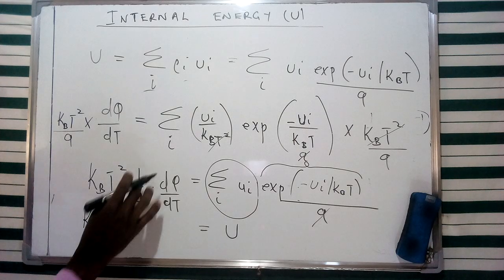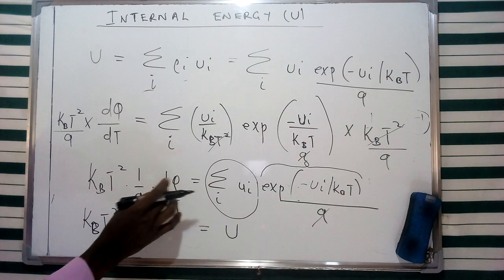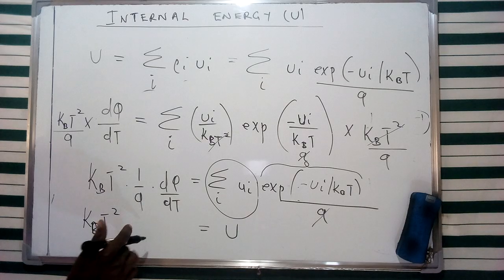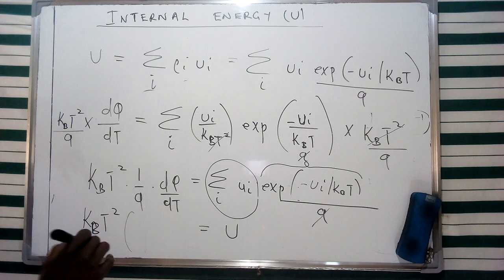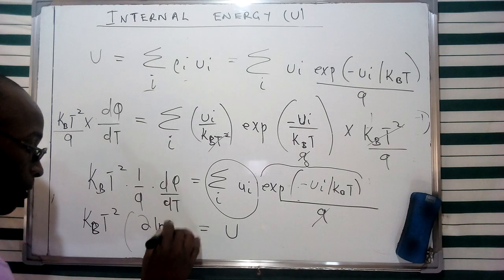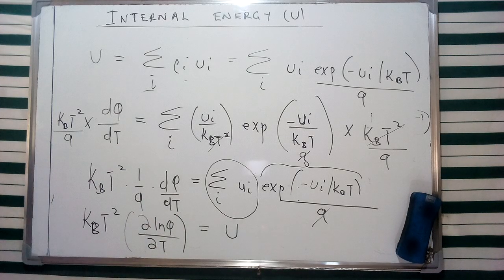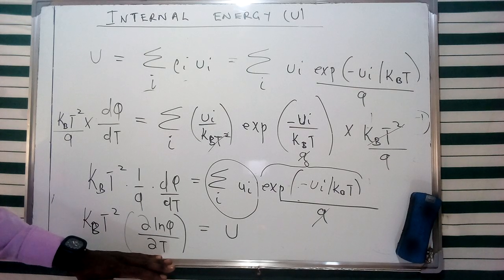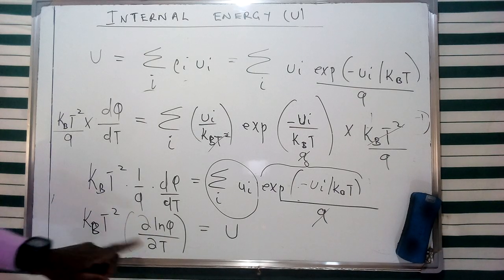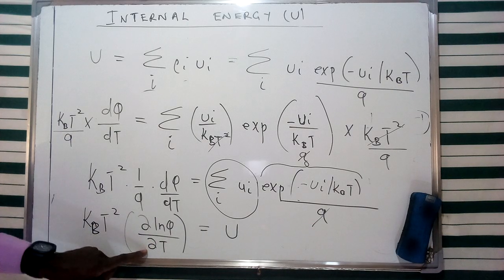squared of that. 1 over Q, as I said, represents the natural logarithm. So this is 1 over Q, the dQ with respect to temperature. This is going to represent the natural logarithm of this specific element. Therefore, we're going to have this specific section represented in terms of the partial derivative of the natural logarithm of Q with respect to temperature. And in case we remember this specific section of this partial derivative of the natural logarithm with respect to temperature,